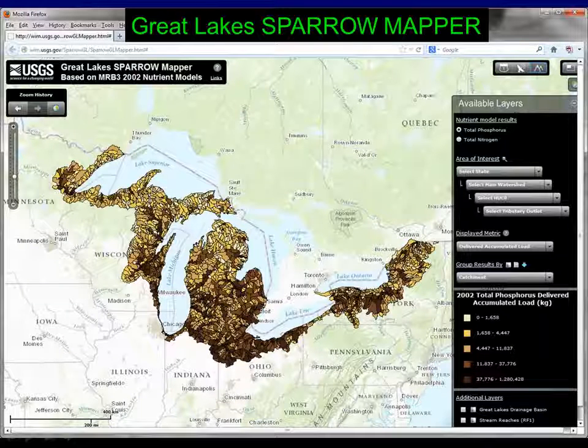But right now, you have to look at those individual sources, and those are incorporated into them. So they are in there. It's just that they're not pulled apart. So if I say fertilizer and manure, you've got to remember part of that is coming from the background in agricultural fields. The urban areas are a little more straightforward in that we don't try to break it down. The erosion that's coming off of urban areas sort of has that incorporated into it. Forested lands, we have that sort of in there because we have a forest term for phosphorus. It's really the agricultural terms where we don't separate what's coming off the background fields, but a lot of that was driven by fertilizers and manure to begin with.